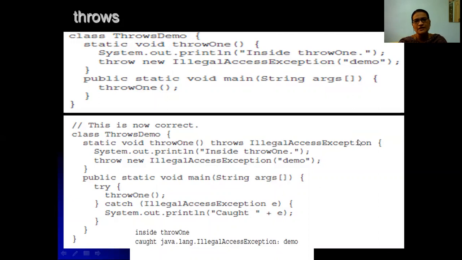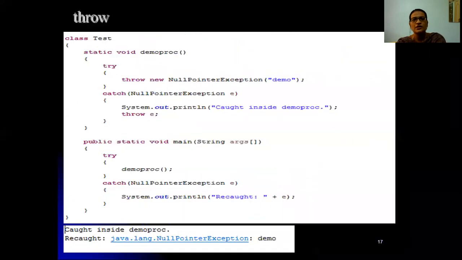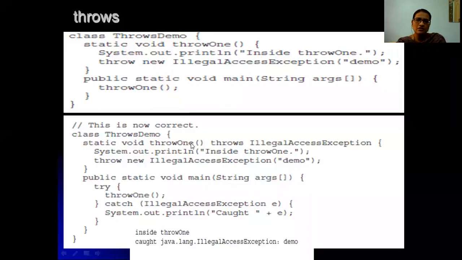Throw is different from throws. Okay, so here, within a method, we have thrown an exception. As soon as the method signature is complete, next we have used throws IllegalAccessException, right?